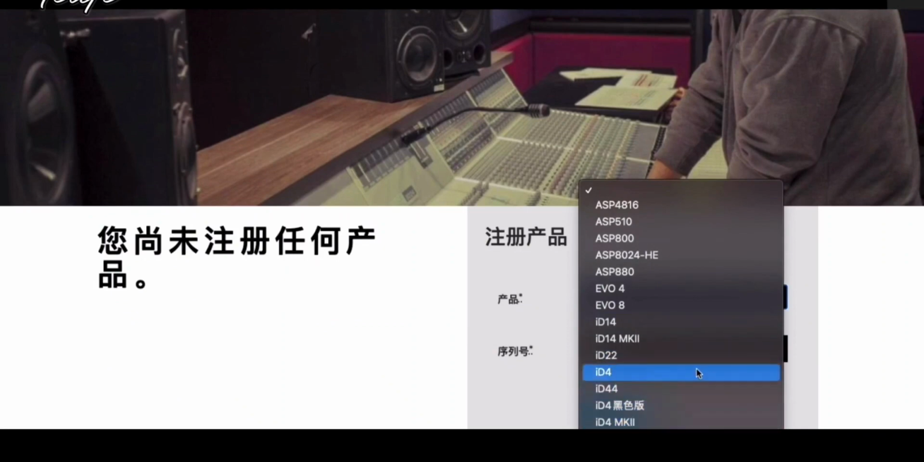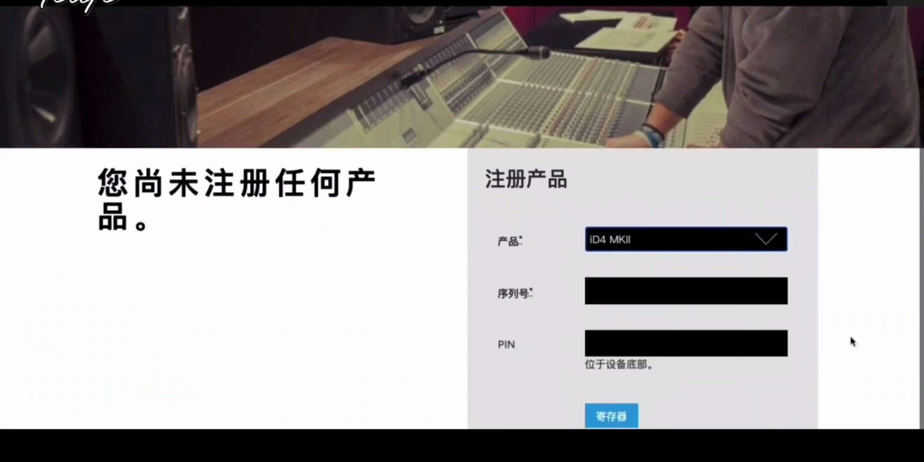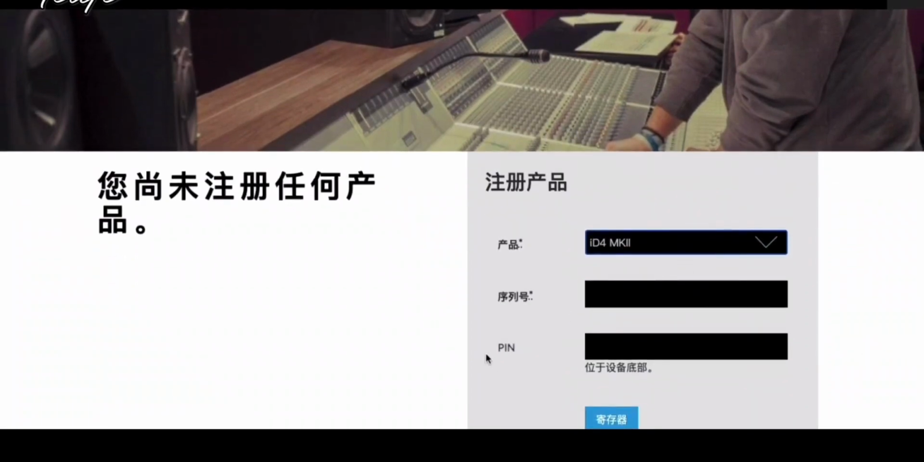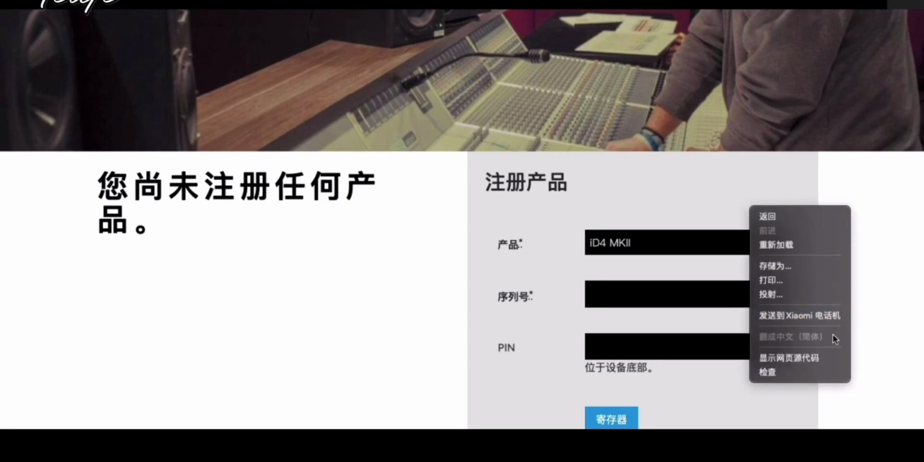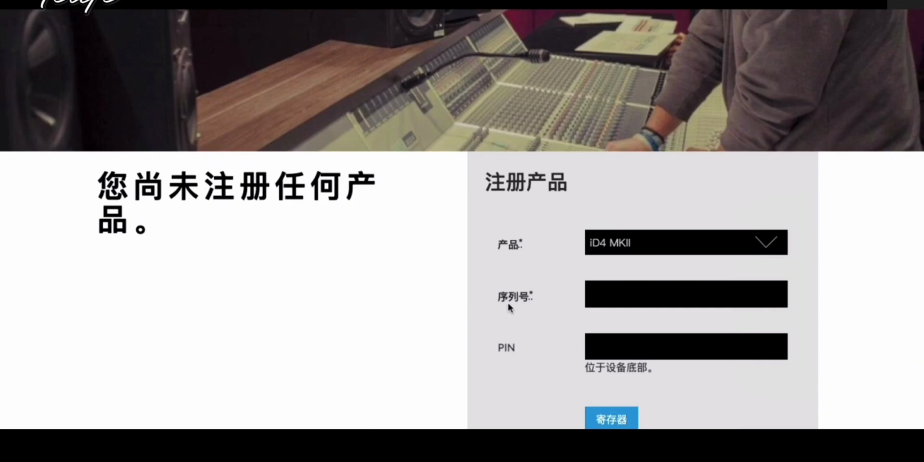ID4，上面还有ID14，基本上就这两款。然后这里是序列号，这里是PIN码，这个PIN码不会找的话，是在设备的底部去找。这个序列号在哪里呢？就是有一堆贴纸的这个地方。很多朋友说这个不会找，那就去找相对应的英文字母。这里应该是翻译过来的，如果没有翻译过来的话，这里应该显示的是